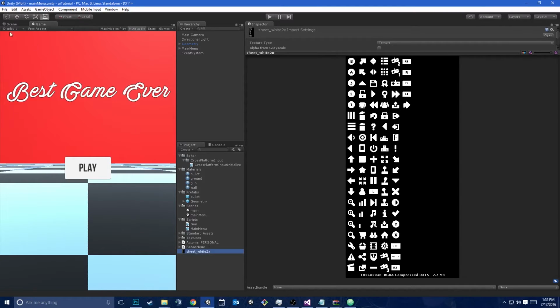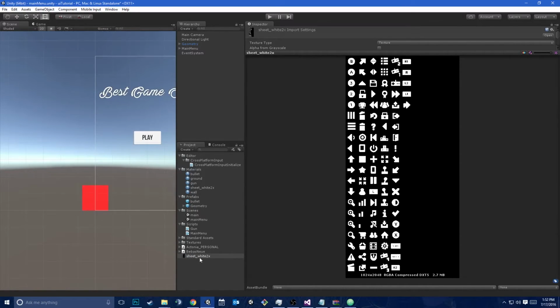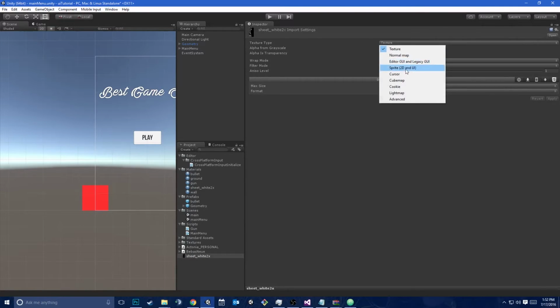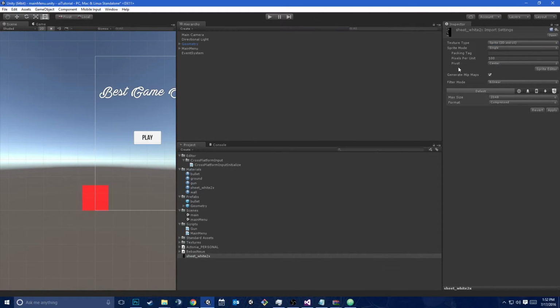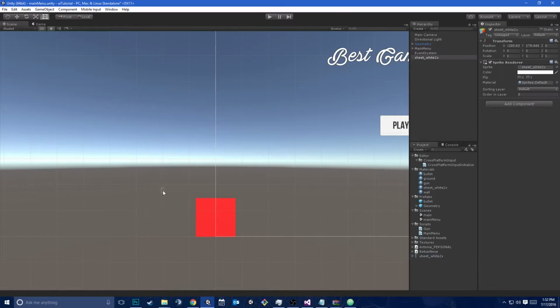And of course, if I drag this into my scene view, I get a little sprite. And if I, where'd it go? Oh, it's not set to a sprite. My bad. I need to set this to a sprite, 2D and UI. So you see that whenever you import a texture, you have a bunch of different options. When you're dealing with the UI system, you want to make sure the stuff's set to sprite. You can also use the sprite for the 2D system. So if I drag this guy in there,